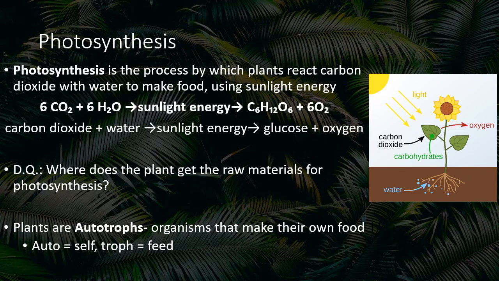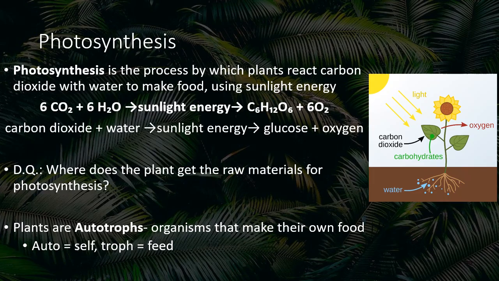And the food product that they're making are carbohydrates, which makes a lot of sense. We're looking at carbon dioxide, we're reacting with water, and we're making a carbohydrate, or more often we refer to these as sugars or starches. I have provided here a chemical equation for photosynthesis. We can see that we can react 6 carbon dioxide molecules with 6 water molecules. And with the input of energy from sunlight, we can